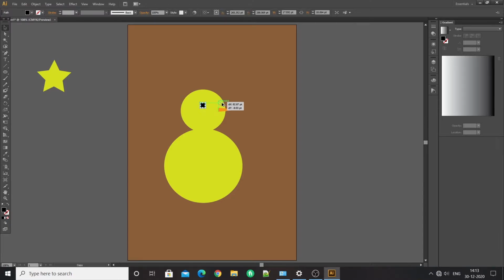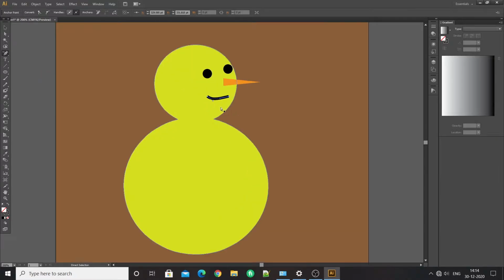Now it's time to create a mouth. For this we will be using the pencil tool from the toolbar. Change the stroke value. We will be using either the direct selection tool or the pen tool for changing the stroke path. Select the pen tool, click on the vertex and move the handles.